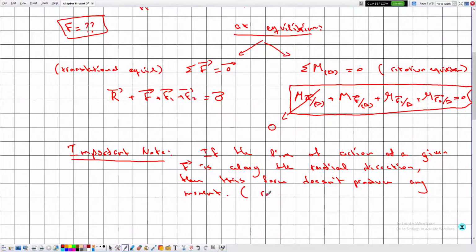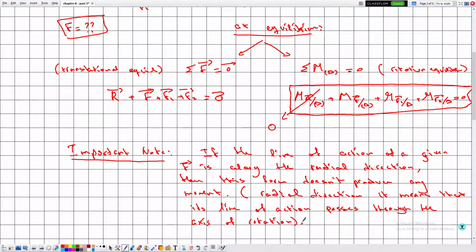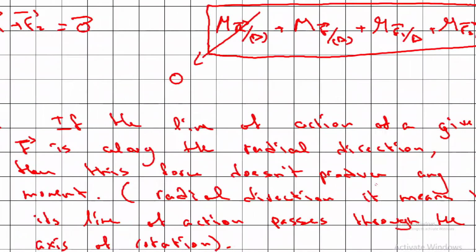And by the radial direction, it means that its line of action passes through the center of rotation or the axis of rotation. So let me repeat. If the line of action of a given force